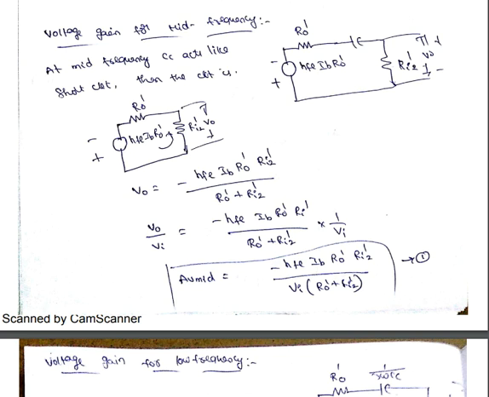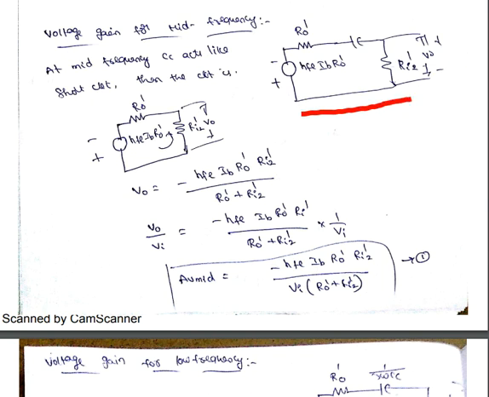The effect of the coupling capacitor we can calculate with respect to the frequency response. In the frequency response, we divide the frequency into three ranges: low frequency, mid frequency and high frequency. First we calculate the voltage gain at mid frequency. In the above figure, the current source is in parallel with R0 dash and the coupling capacitor, and the input resistance of the second stage is RI2. Now that current source is replaced with a voltage source. When replacing the current source with a voltage source, the voltage source is in series with the resistance. So this is the replacement diagram.